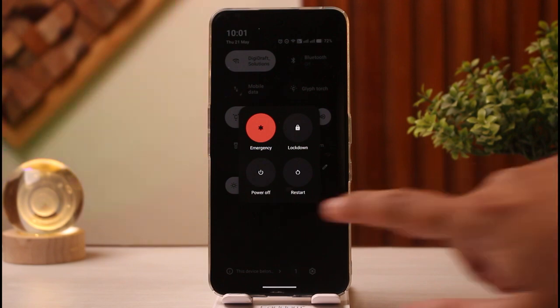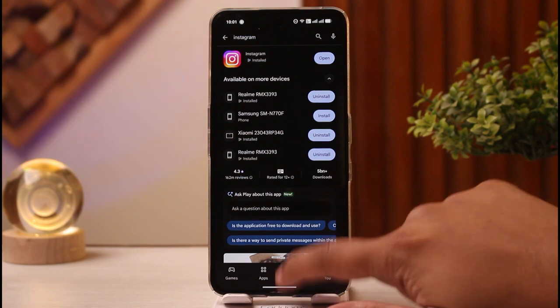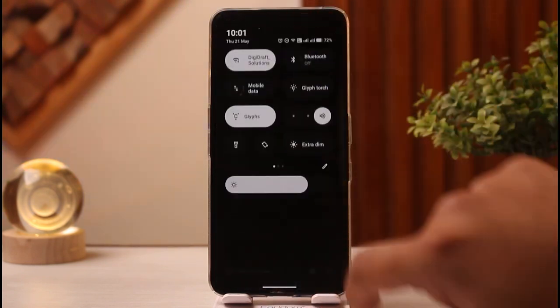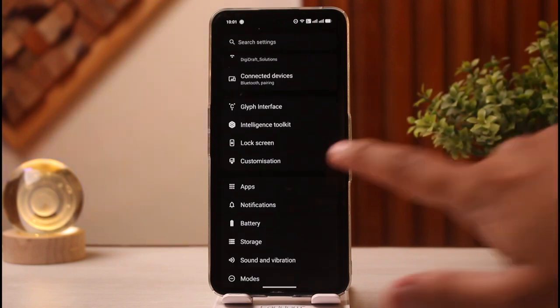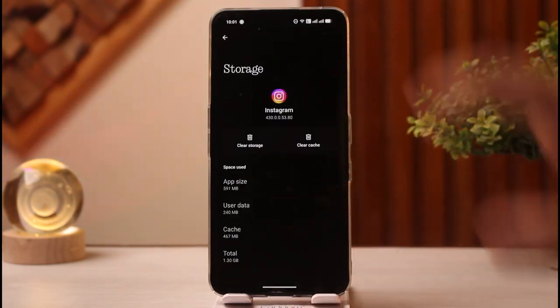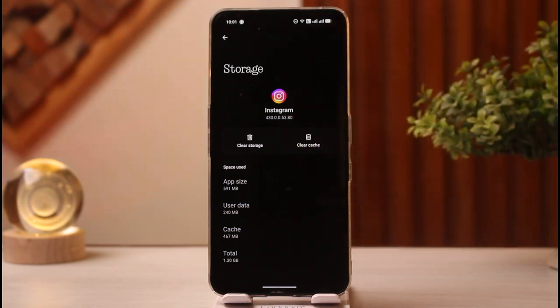Sometimes you may have to switch your account type between personal account and business account on Instagram and try again. You can also head over to the quick access toolbar one more time, head over to settings, tap on apps, tap on Instagram, tap on storage and cache, and clear both storage and cache of Instagram to see if that